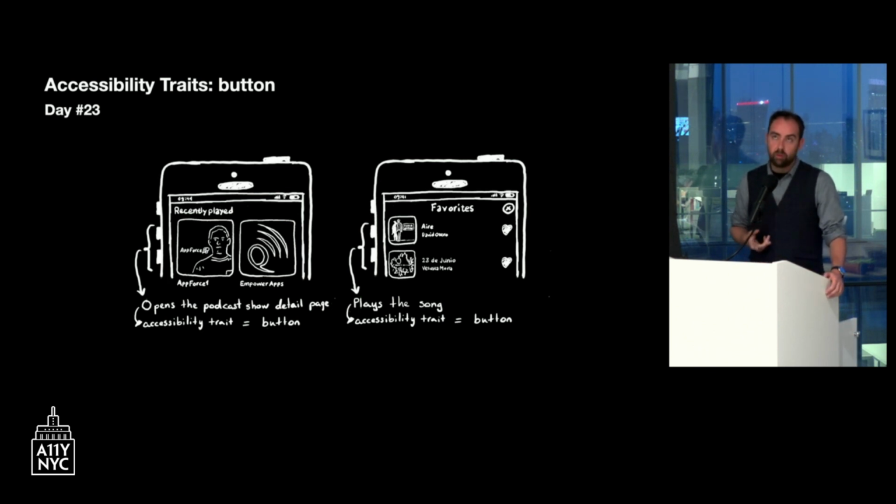And two very common scenarios where apps miss the button trait are table views and collection views that look like, most of the times, grids, where the cells you can tap to, for example, move you to another screen or to do some action. In the slide, there's a collection view, and each cell, if you tap it, you go to a podcast screen, and there's a table view, and each cell, if you tap it, you play some music. So if those don't have the button trait, the user may not know that you can do something with them.